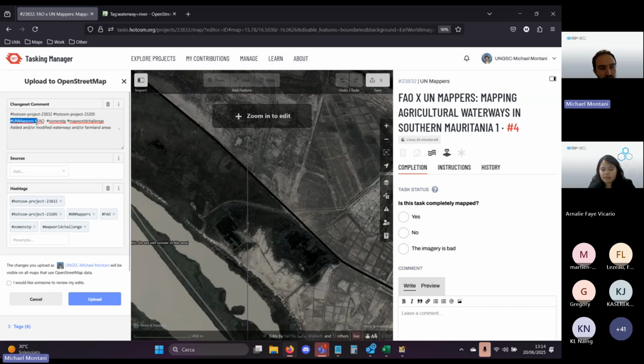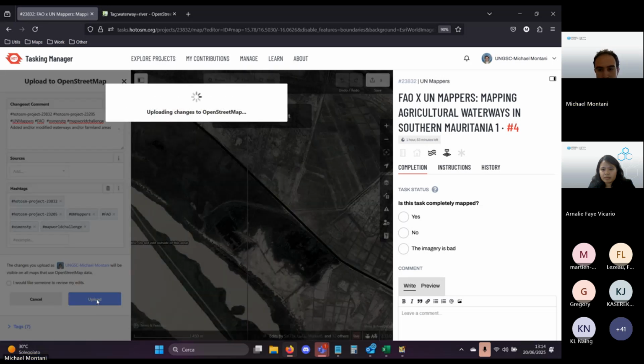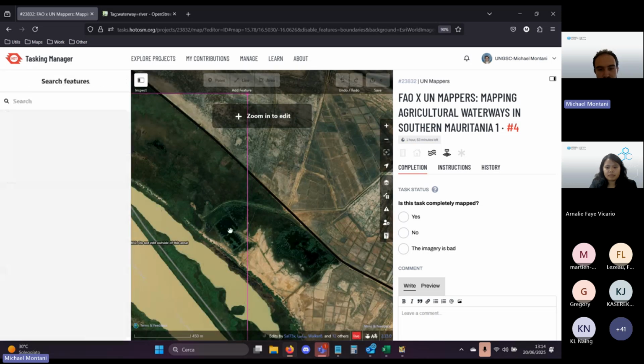So we have hashtag UNMappers and hashtag FAO, and also hashtag OSM and STP, and the hashtag map word challenge, so that we can identify and count statistics out of this data. I will click on upload. And this is done. So now the data is in OSM.